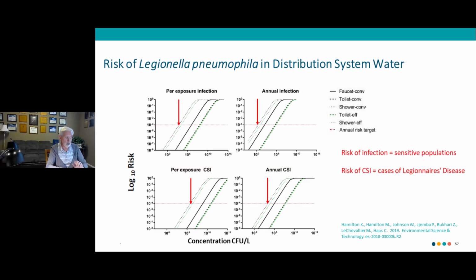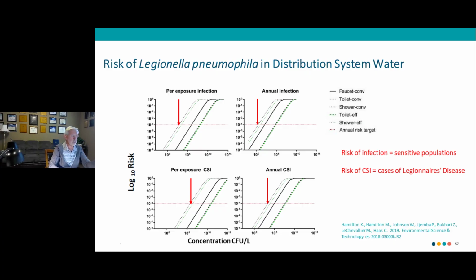But also, to account for sensitive populations, EPA uses in the regulation, well, what's the risk of infection? Because the outcome of an infection can result in disease or not, depending on your immune status. So to account for immunocompromised and sensitive populations, EPA uses in the rulemaking the risk of infection. And again, we can also do that on a per sample basis. So what's my probability of getting infection or disease?